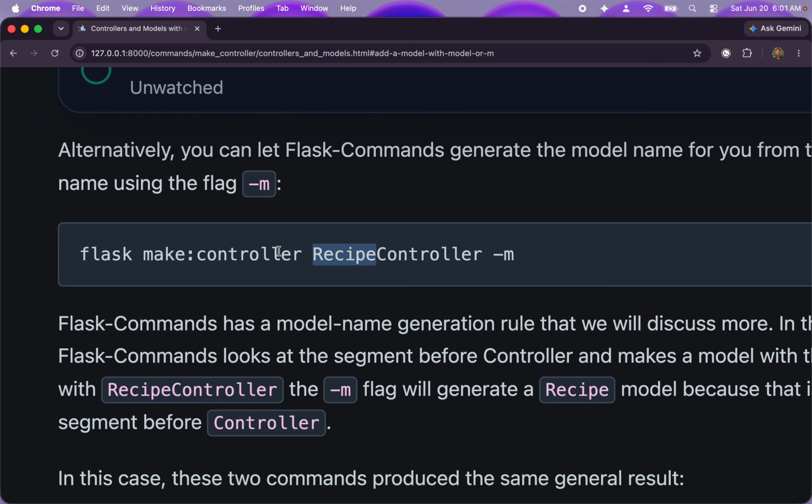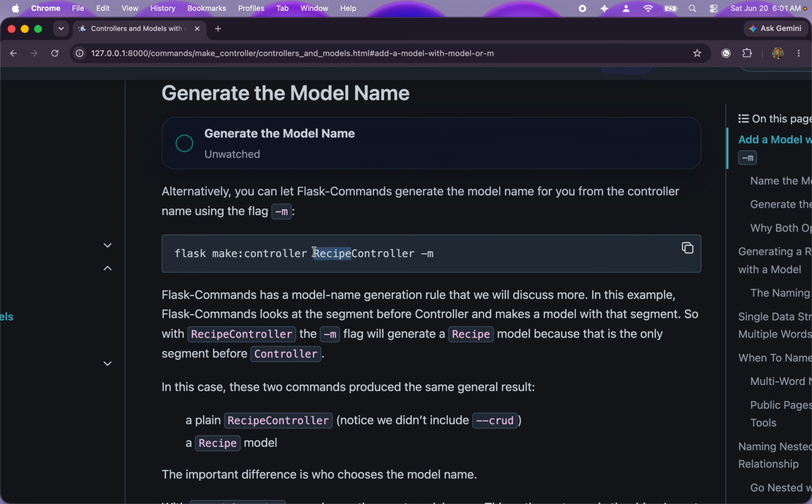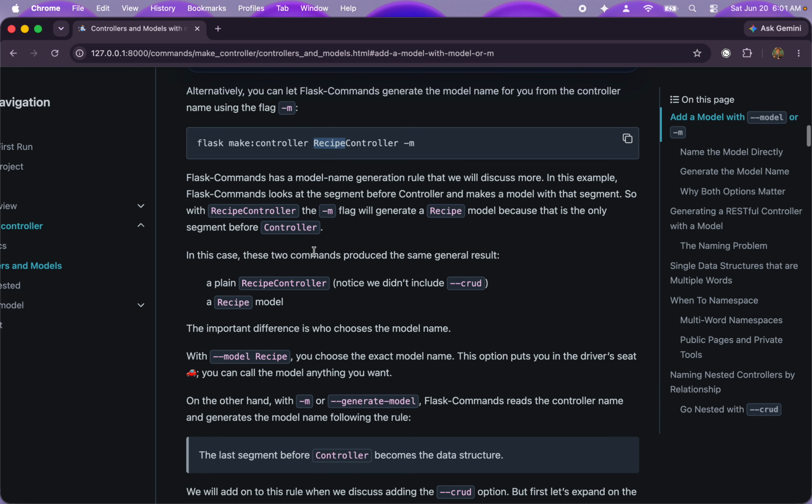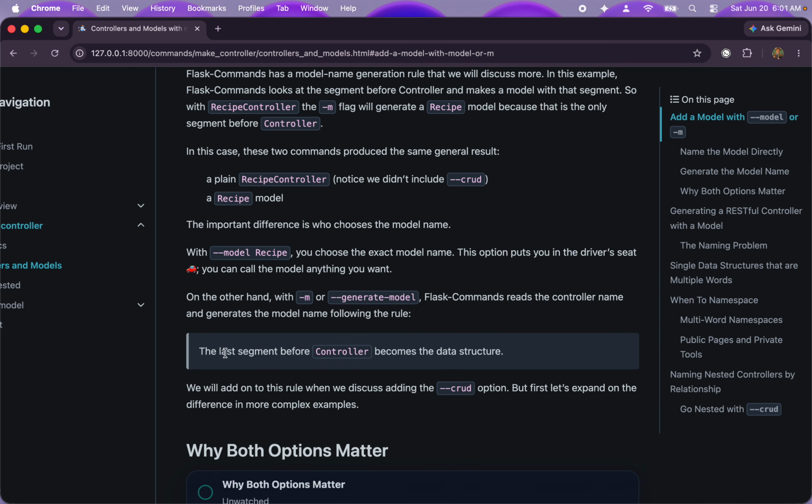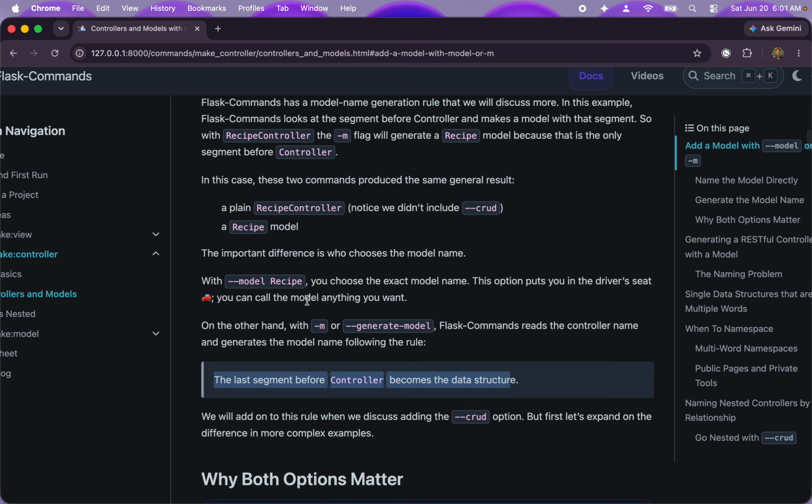And so there are different segments, right? In your PascalCase, it looks at the prior segment to that. In this case, there's just one, and it uses that name. We'll add more to this, but that's the rule that we need to know. The last segment before controller becomes the data structure when you're using -m. All right, so